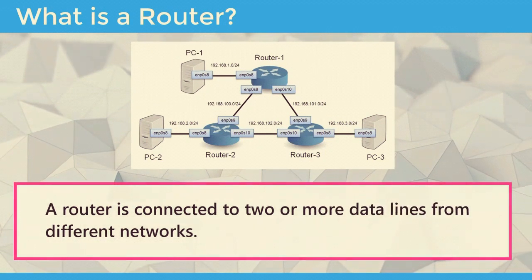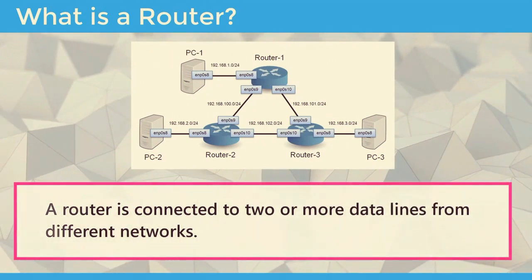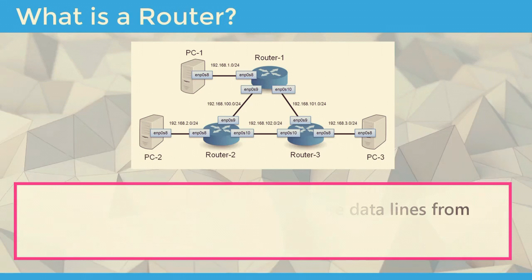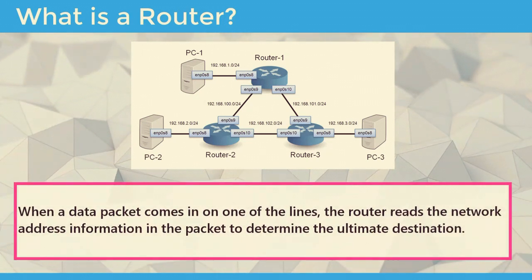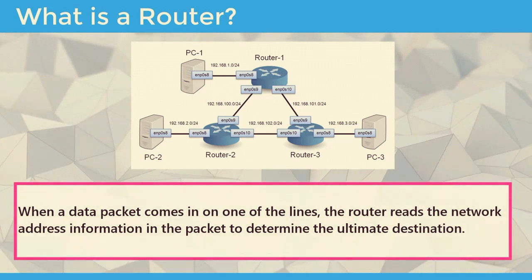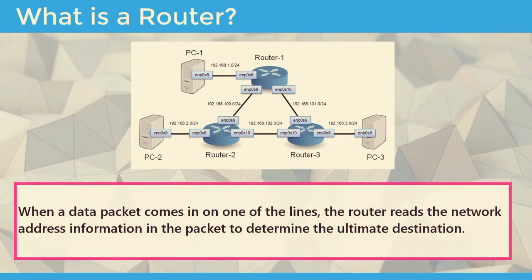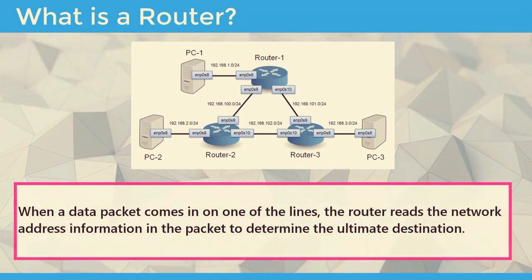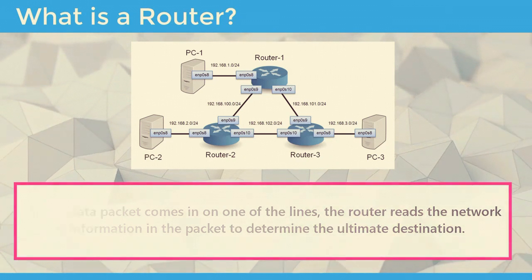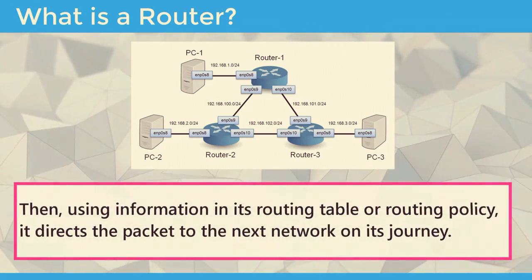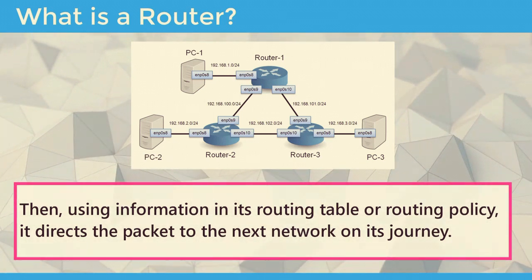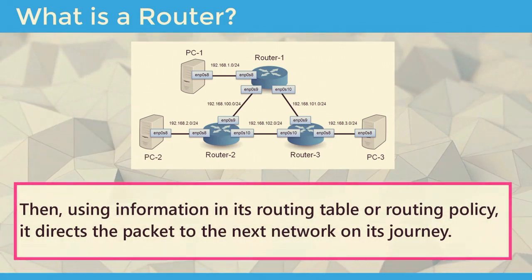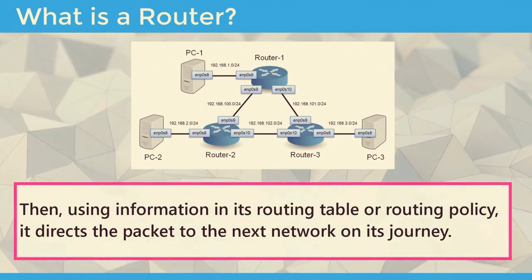A router is connected to two or more data lines from different networks. When a data packet comes in on one of the lines, the router reads the network address information in the packet to determine the ultimate destination. Then, using information in its routing table or routing policy, it directs the packet to the next network on its